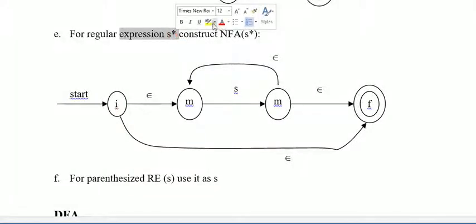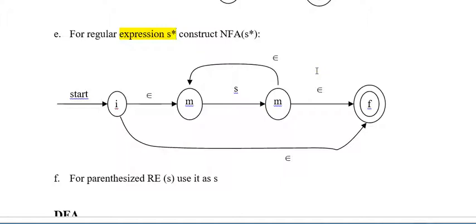S closure, we already know what closure means. Closure means from epsilon to infinity. It can take the input and it will do the transition. From this diagram we can see that here is the start symbol, which is I, and for this epsilon it will transition to the M, and for the S it will transition to another M, and if the epsilon comes it will move to the M section and so on for the S section,